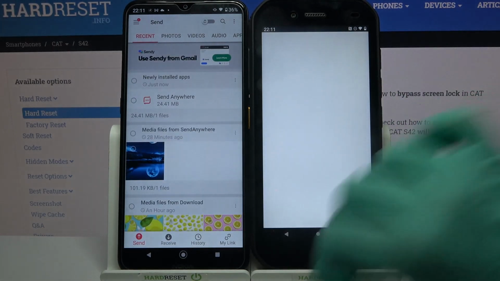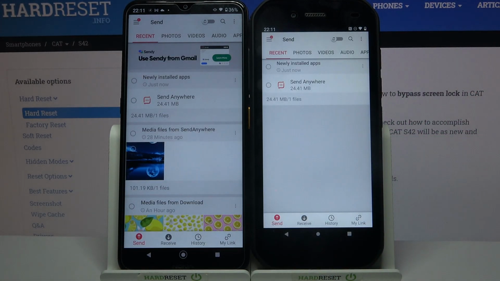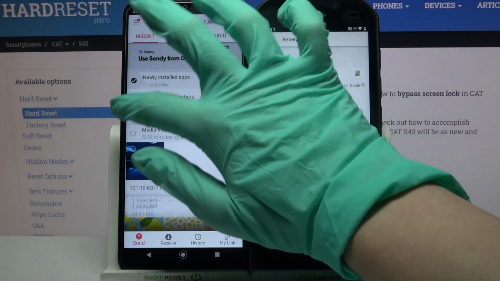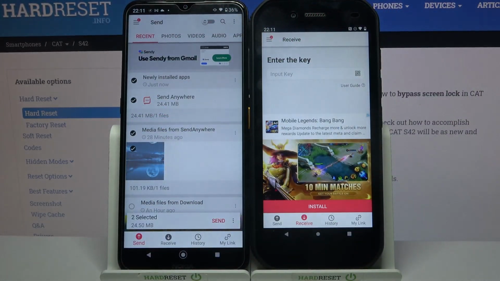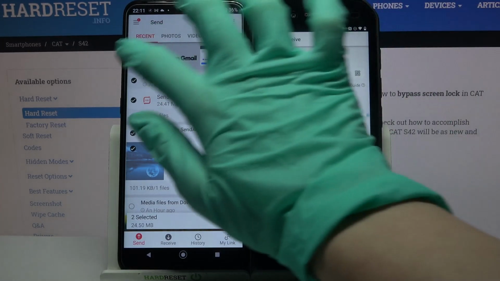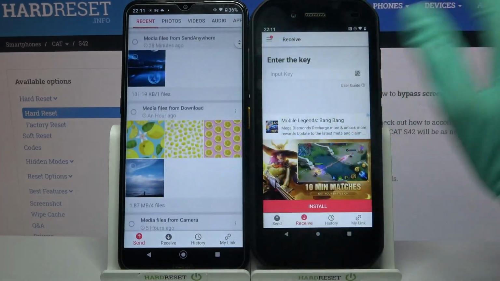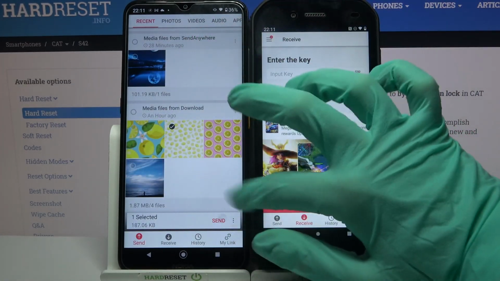After that, select Receive on CAT and Send on an Android. Then tap on all of those dots and choose Send in order to send all of your files. It will take a while though, so I will only select, for example, this one photo, click Send and tap